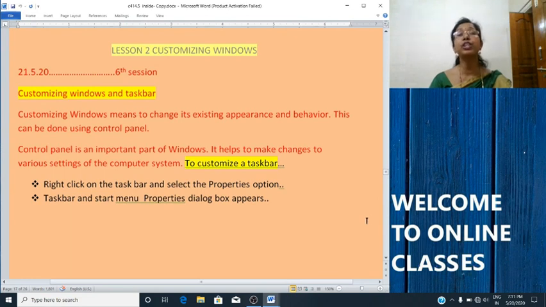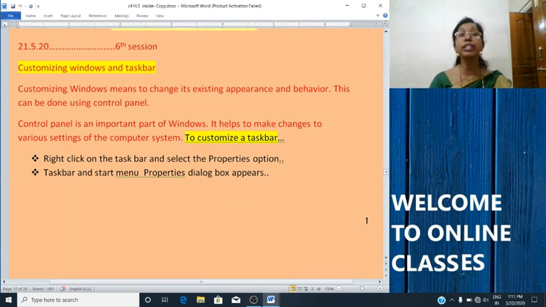It helps to make changes to various settings of the computer system. You can add or remove hardware or software, change the desktop wallpaper and screensaver, set the date and time, and so on using the control panel.